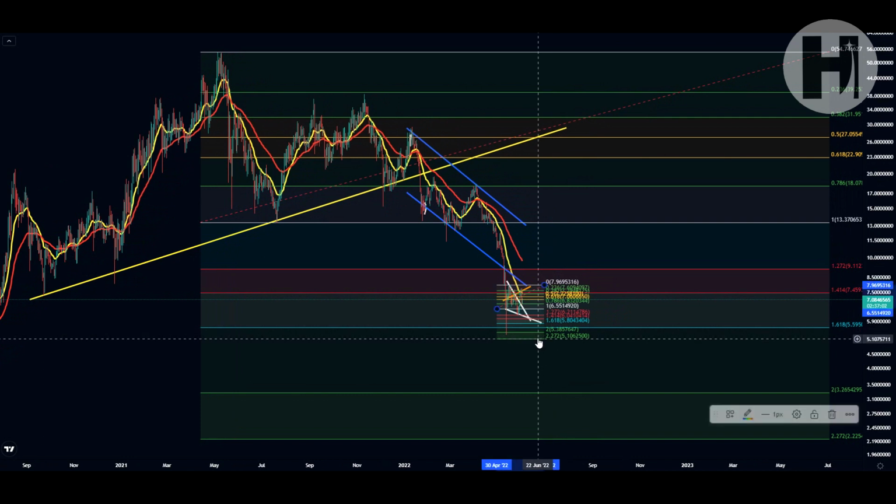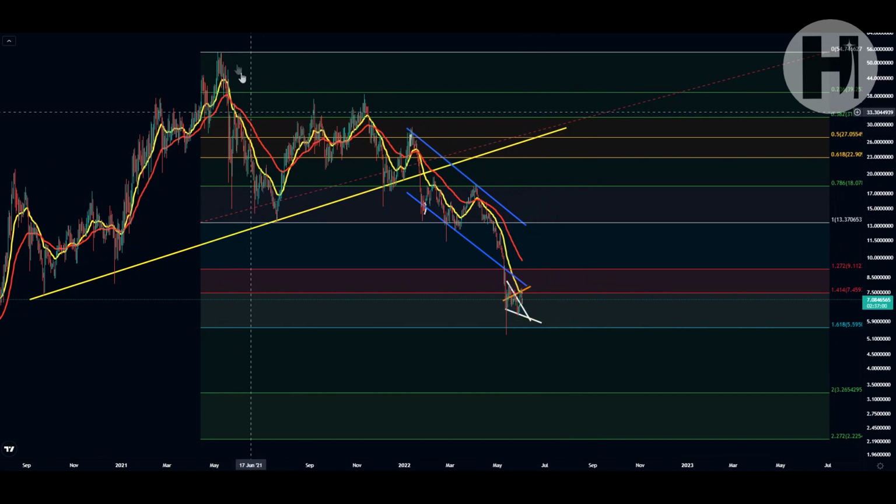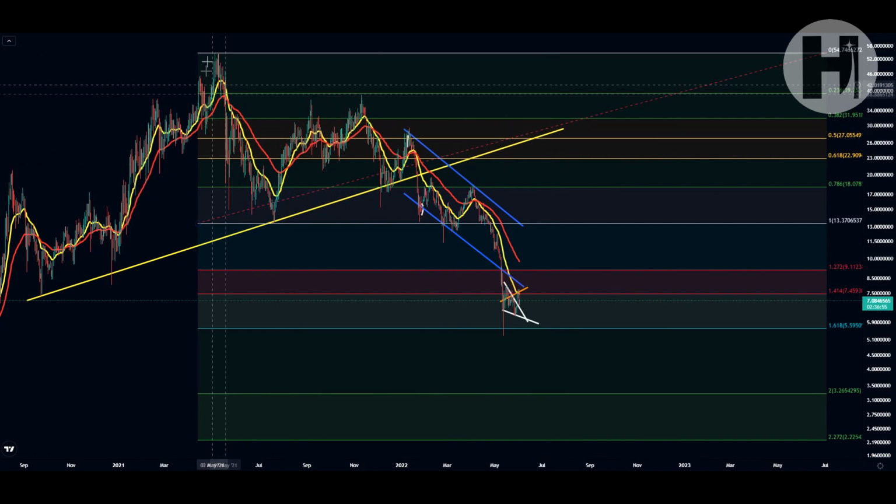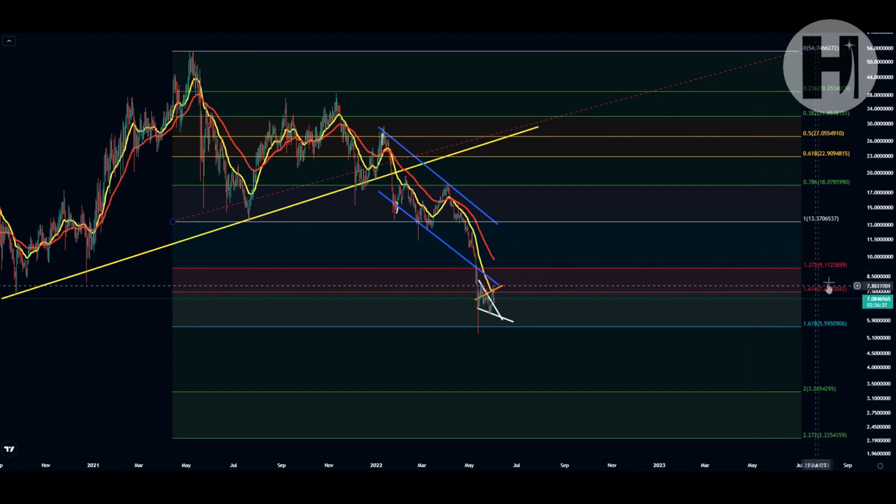Now, if I remove this smaller fib just for a second, I have this large fib retracement here, and as you can see, this is the swing high of the fib, and this is the swing low on July 21st, and the all-time high here was at $54. Now, I set the Fibonacci retracement in such a way that we have the targets to the downside, and the targets are the two red levels here, the 1.272 and the 1.414, and our technical target is the 1.618,